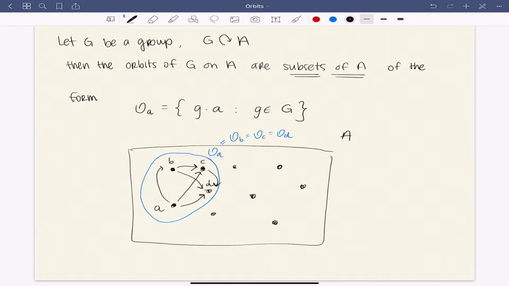Then there will be other orbits. Maybe these 2 points are in an orbit together. Maybe these 3 points are in an orbit together, and this one is alone in an orbit. And what I want to say is that orbits partition the set